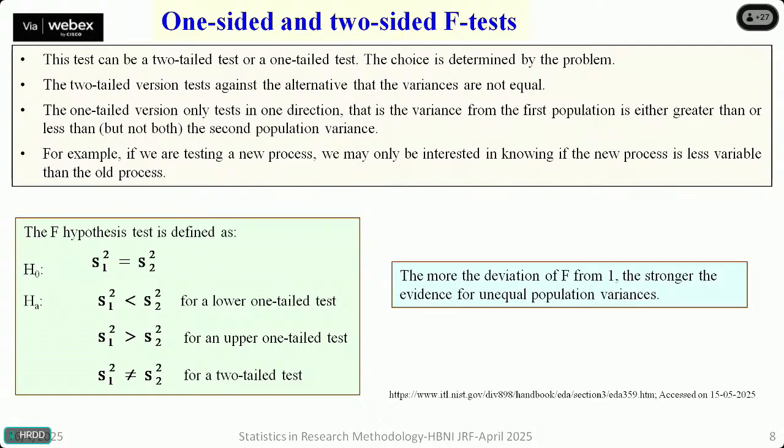If at all one of them is much smaller, then we say that the lower one-tailed type of alternative hypothesis is valid. The same line of argument as we had seen in the T and Z. Then if one is very large compared to the other, normally when we take the ratio of variances,